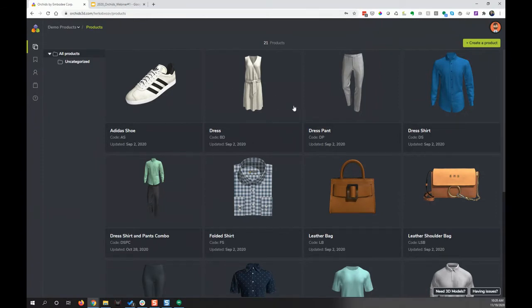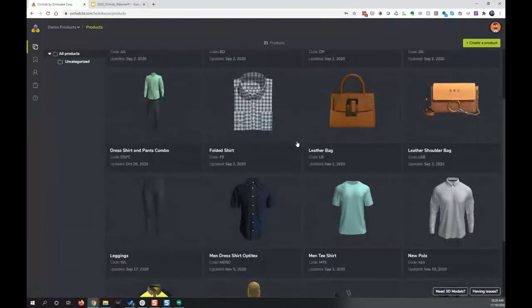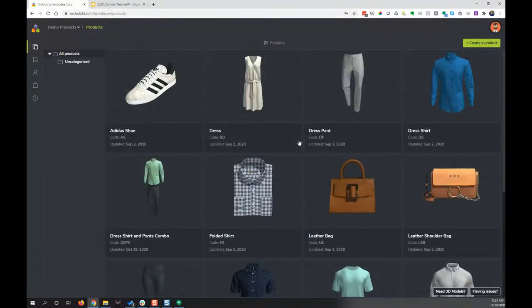And you'll also see that they all have a similar look to them, and that's because they're all being filtered through an Orchids rendering platform. So they also have a similar look and feel. That means that they can be used together in presentations and whatnot, and not feel like they came from different worlds. So that's really important when we start blending products together in presentations.